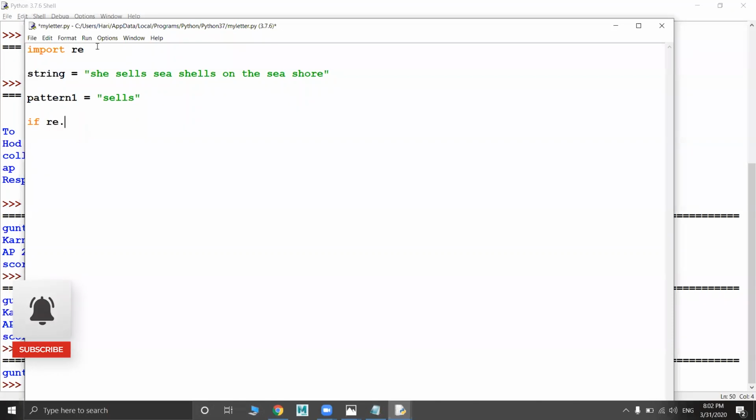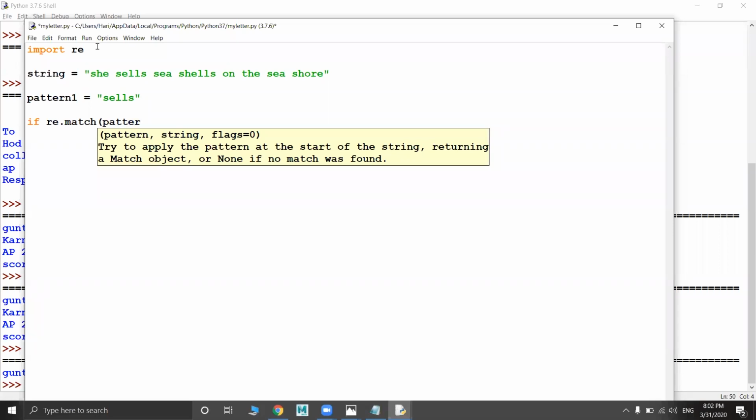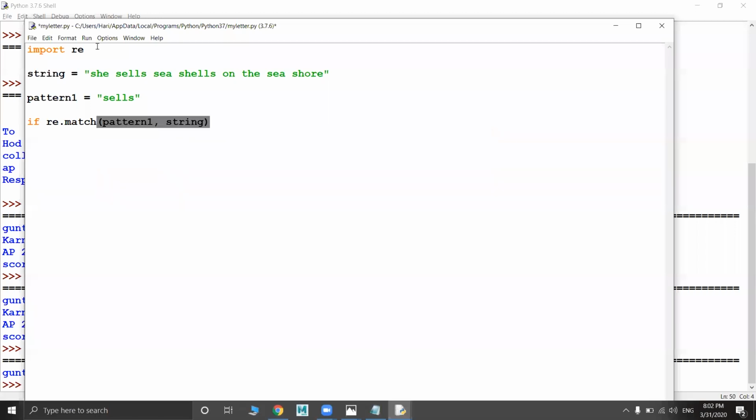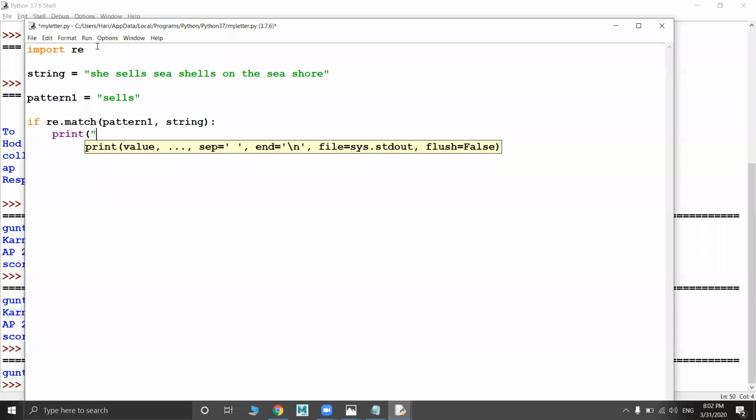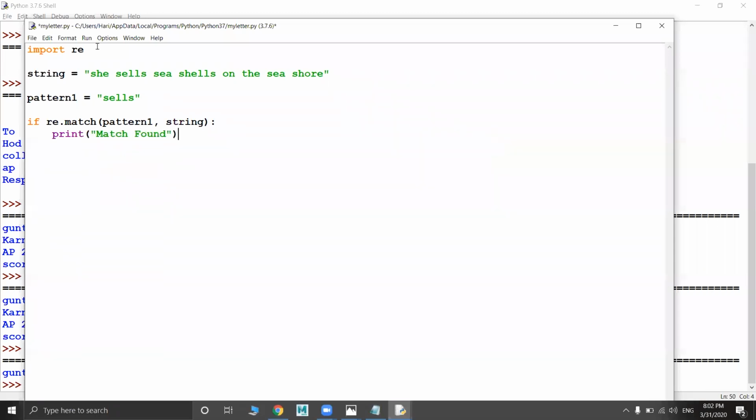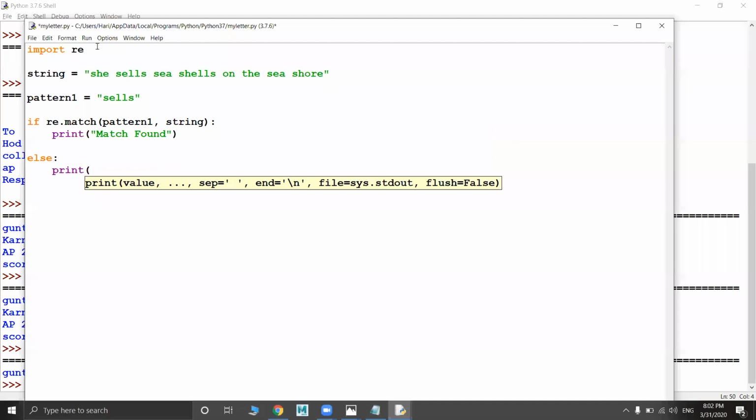If re dot match finds the pattern, it will print match is found, else pattern 1 is not found.